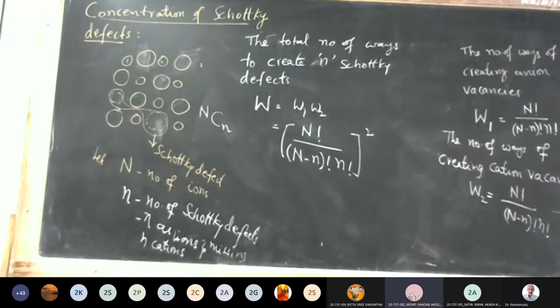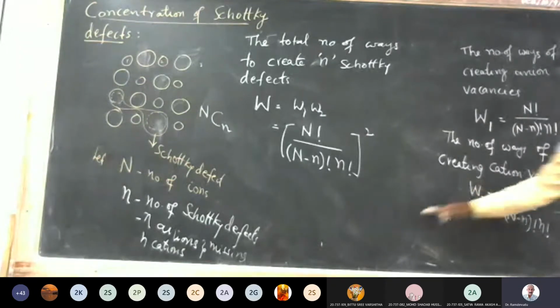Sir, in Frenkel defect, you told that neutrality is not disturbed. By electrical neutrality, do you mean that equilibrium is not disturbed? No, equilibrium is different. I am not talking about equilibrium, because equilibrium of energy and many thermodynamic or thermal parameters will be there. We are doing this derivation at equilibrium only. Soon we will get the equilibrium condition in this.